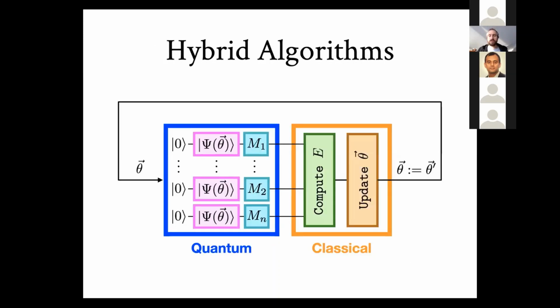And the thing which we do is typically called a hybrid algorithm. And it looks something like this. I have a quantum part where I prepare a certain state and I measure it. And I do many iterations of preparation and measurement, possibly with different iterations. I take all the results of those separate computations, I combine them to compute some quantity that I care about, and then I go back to my original circuit and I change some of the parameters to try and obtain a better estimate of that quantity. And I just go around this loop until I've minimized the quantity E, which I cared about. Okay, so that's what a typical algorithm looks like for a NISQ computer.